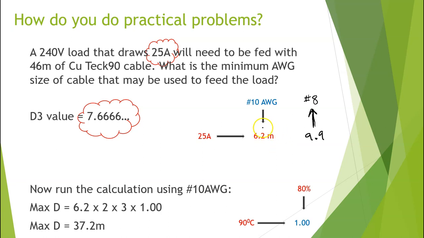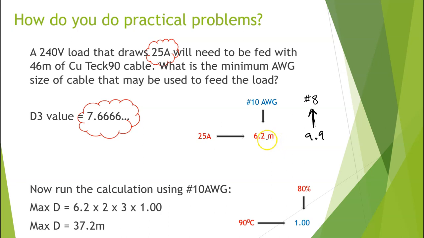That's why we choose the smaller of the two options initially. Worst case scenario, when we run through the calculation having chosen number 10 initially and end up short, then we'll just upsize to the next available size and we know we'll be good. So we start at the lower of the two numbers,